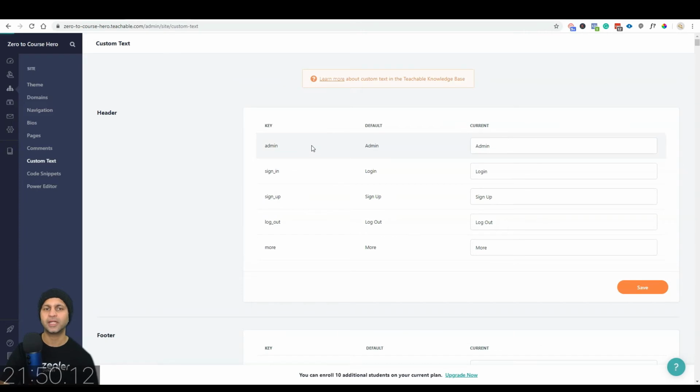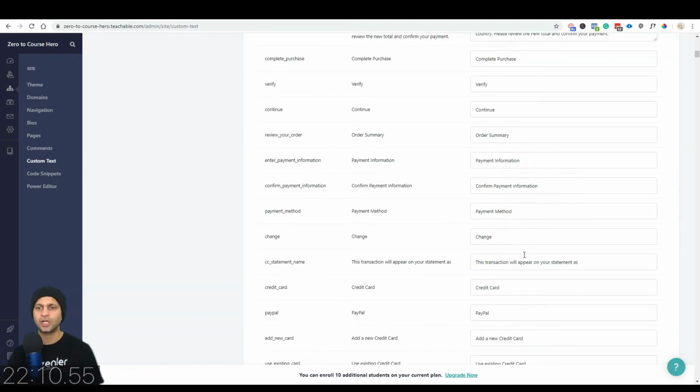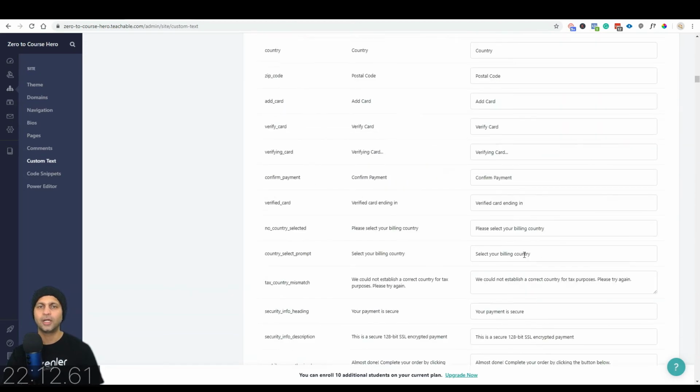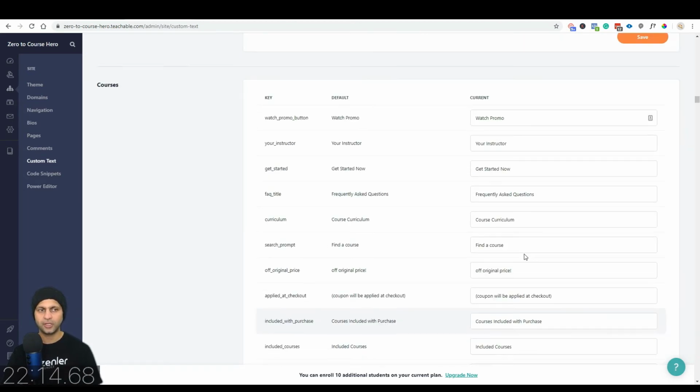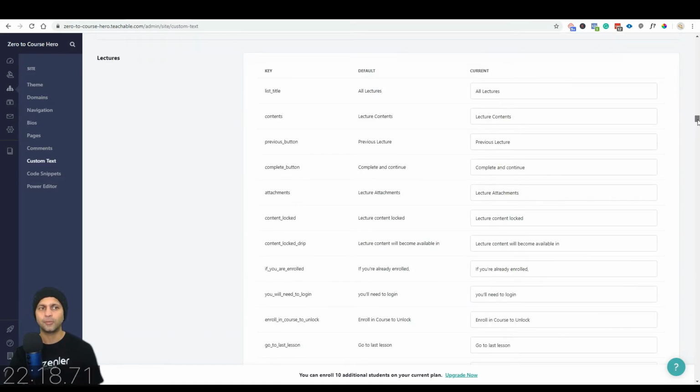And in custom text, basically you can rename some of these words. Maybe you are from a country where English is not the primary language, so you can rename some of these words to make it more useful for your students and for the language that they speak, so they understand all these navigational items. Same thing with the footer, and same thing with the checkout. All of this can be renamed, and there is a ton you can rename. So you'd have to just go through each and every one of these and rename them